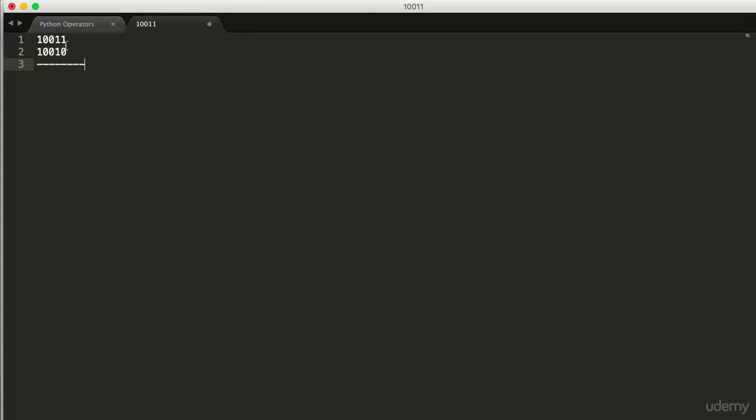The resultant comparison of two digits will be 1 if both digits are 1 in case of AND operation. For example, here 1 and 0 should be 0. We'll come from the start. 1 and 1 is 1, and 0 and 0 is 0. 0, 1 and 0. Sorry, it was 1 actually.